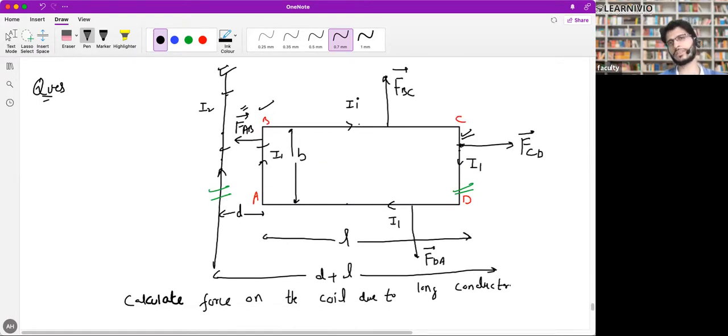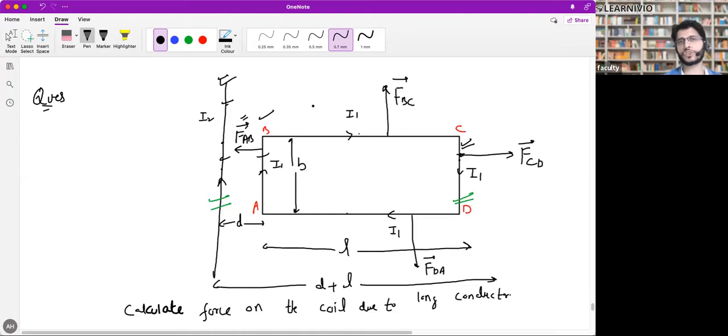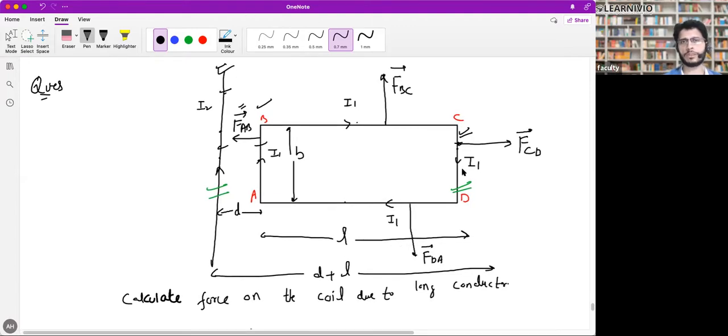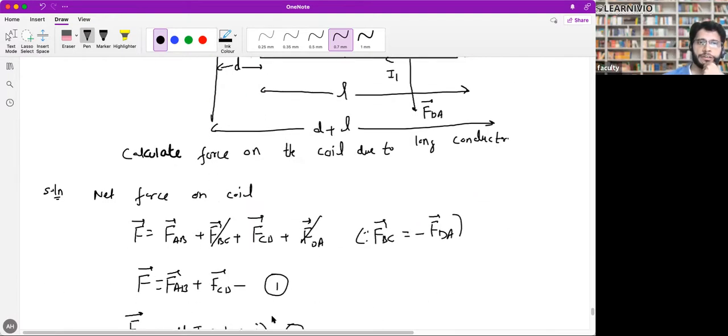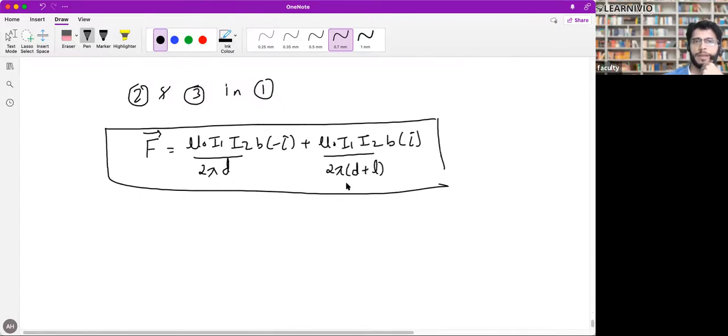This question is in NCERT in chapter number 6. You'll find this in chapter number 6. Note it down and tell me if you still have any issue. Shahzada, Ahmad, Noor, any issue? So net force is in which direction? Net force is in this direction only because its magnitude is greater. Because for FAB the separation is lesser, so force will be strong. You can conclude from here, 2 by D and 2 by D plus L. Here the denominator is greater, so the force is weak.